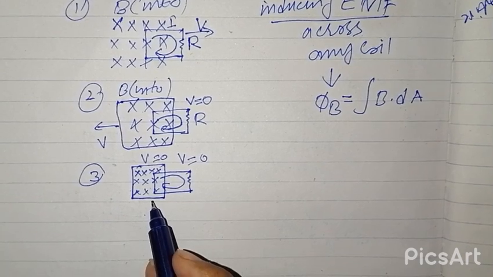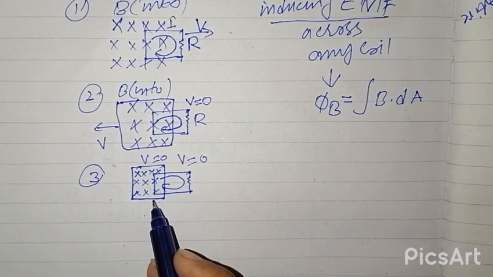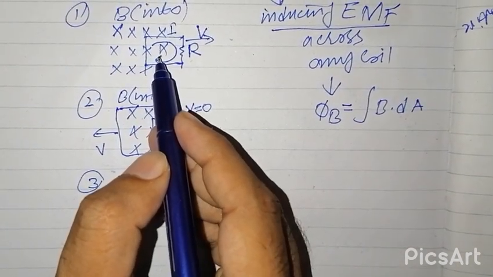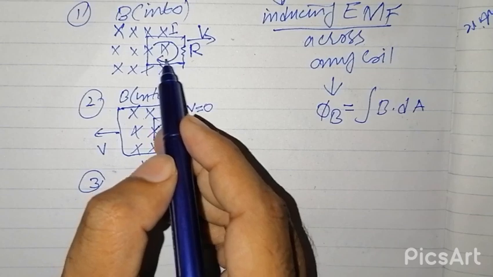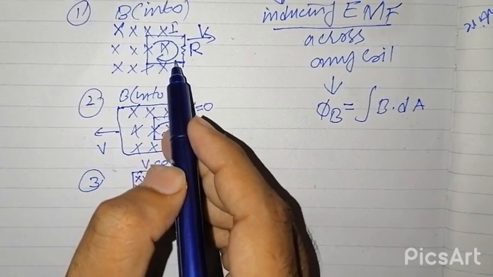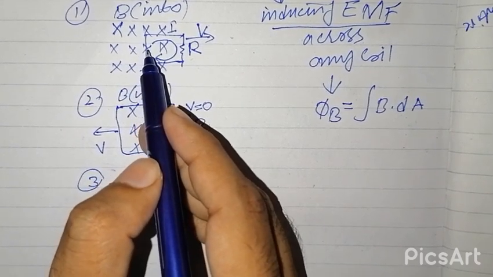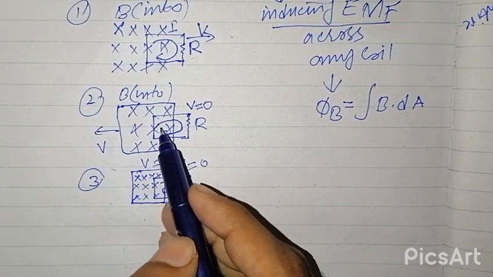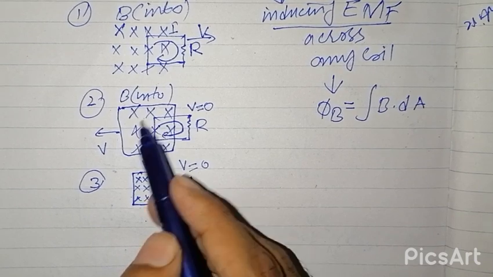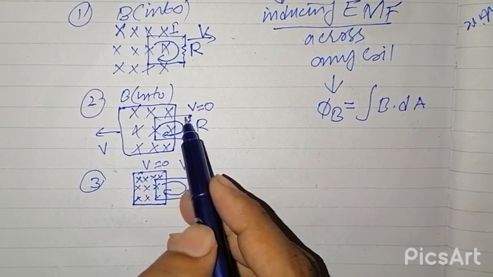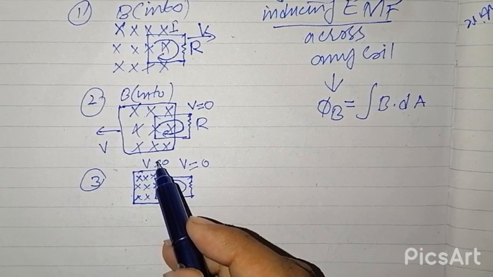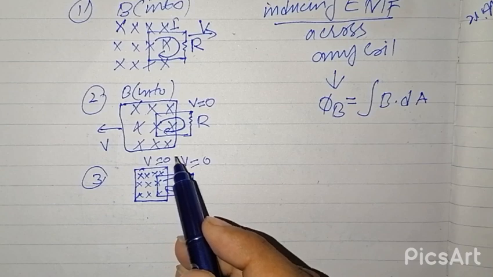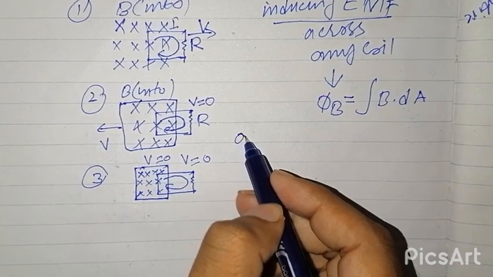So Faraday concluded that in the first case, it's the magnetic force that is causing the flow of charges, because whenever a charge moves across a magnetic field, it experiences a force. But in cases 2 and 3, it's not the magnetic force that is causing the flow, because both coils are stationary. Only the magnetic fields are changing. So he concluded that only the changing magnetic field